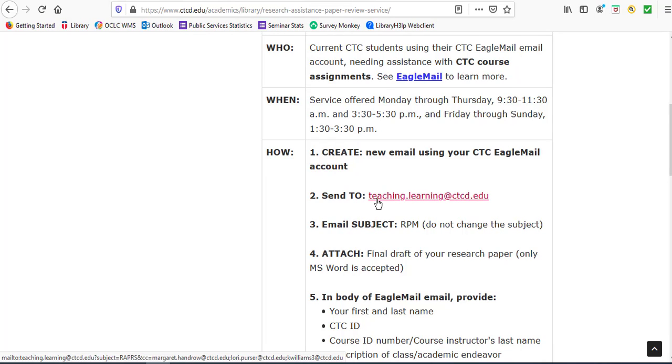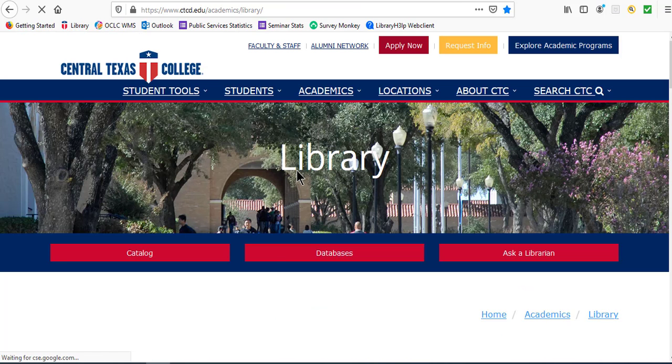Now you can also use this email address to send us questions about specifics with your paper, a particular source maybe that you're having difficulty creating because it's based on an internet URL, or maybe you're needing a one-on-one session with a librarian. You can submit your inquiries to this address, teaching.learning@ctcd.edu, and for in-person sessions, we can do them in person or we can set up a one-on-one electronic or virtual session with you where we make you the presenter so that we can see what's on your screen and then give you guidance and directions. If I return now to the library's main